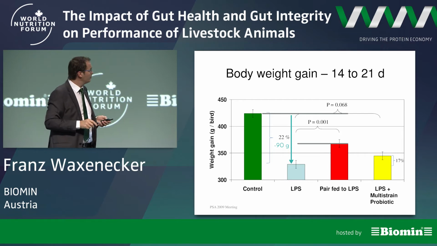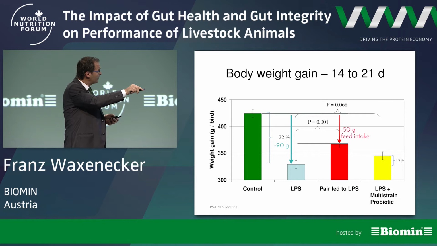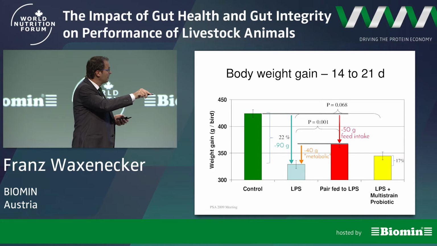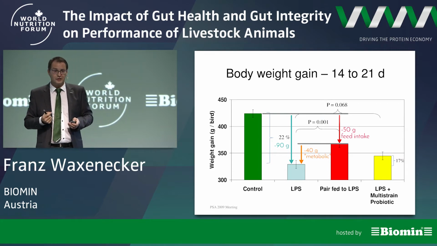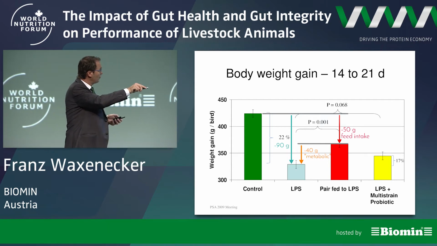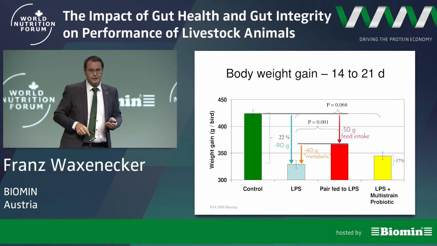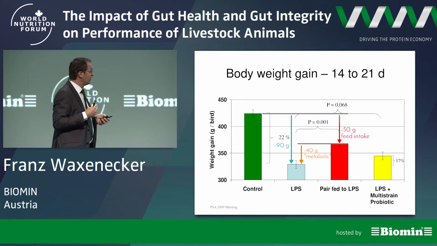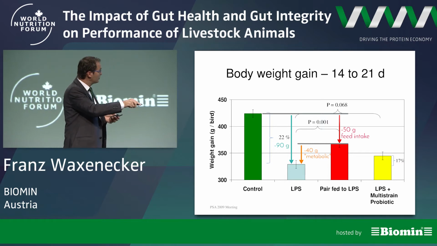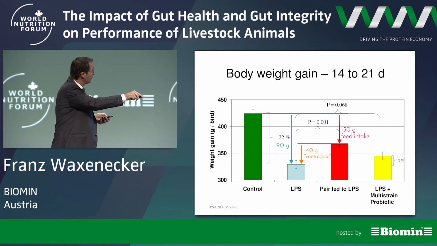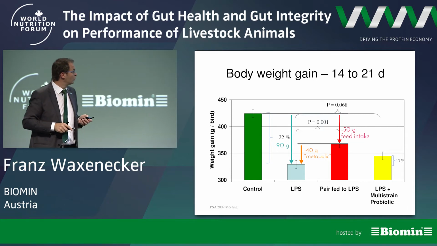And now, with this information, we can distinguish the effect of an inflammation on feed intake and the effect of an inflammation on the efficacy of the digestive tract. And we see that the cost of inflammation is almost 50%, and the other 50% are due to the feed intake effect. The probiotic group was, by the way, restoring significantly the effect and bringing the group to a significantly higher level compared with the blue group.